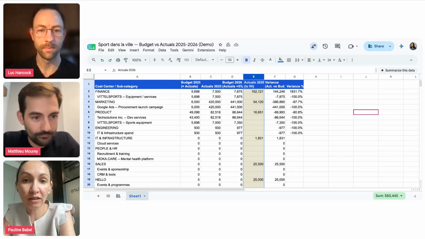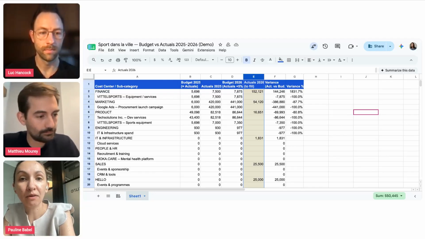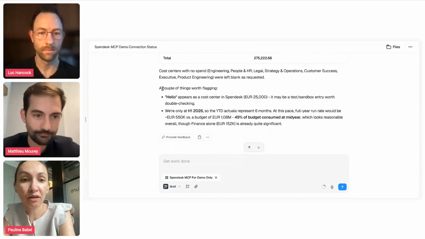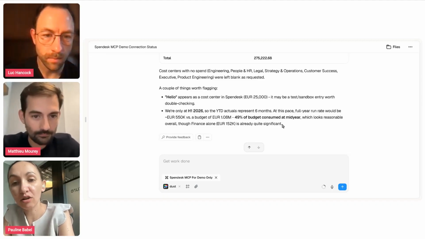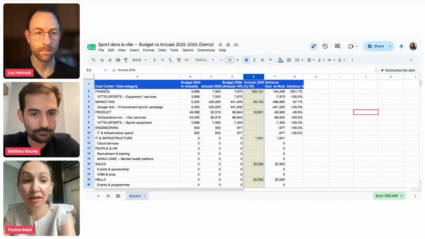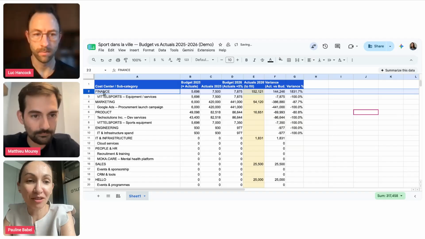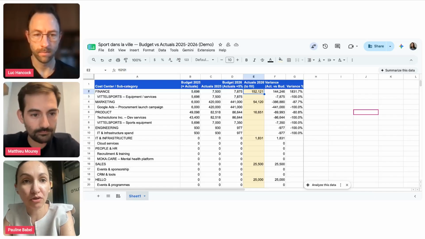So looking at the year-to-date actuals just populated into the spreadsheet here, it's already flagging some items that look odd or unusual. Now if we look at the variance, I think the controller of this demo environment is not that great, because the budget for 26 was like 8K and we are running at 152. So let's try to dive a bit here.